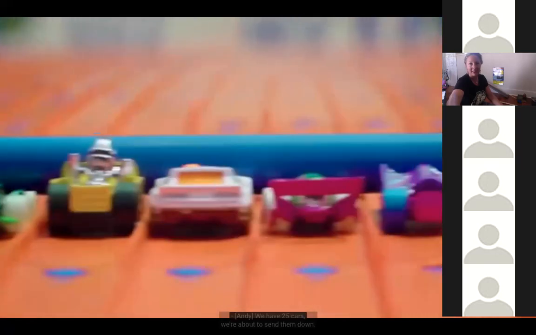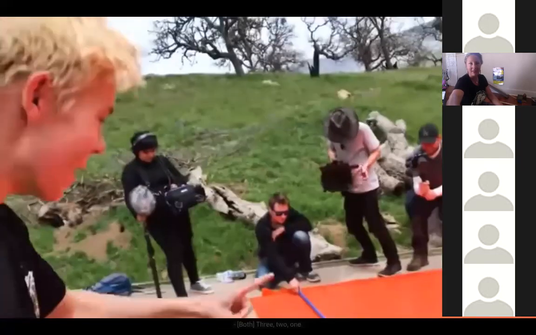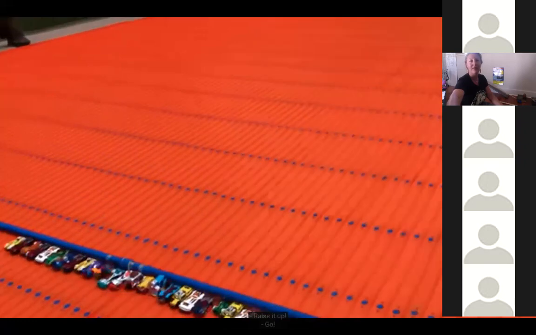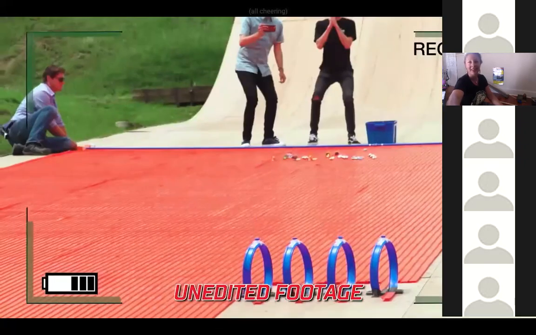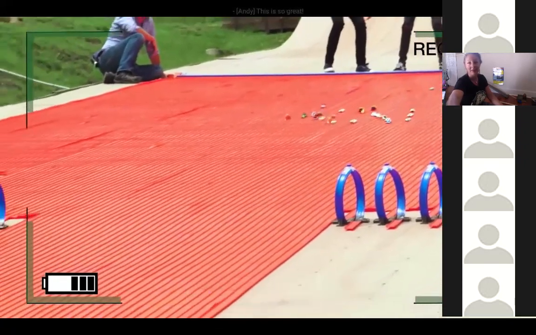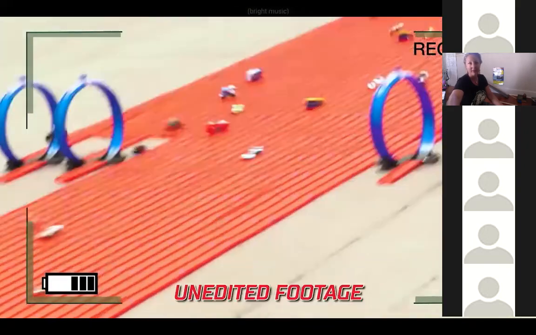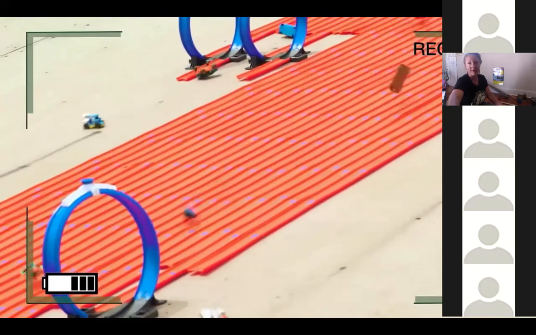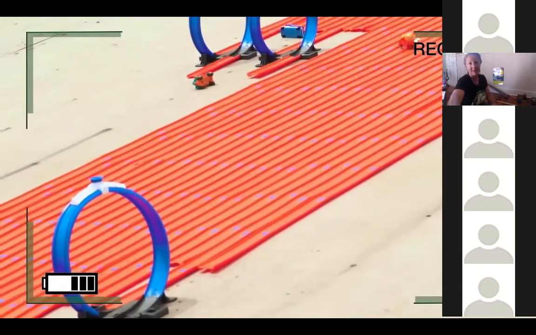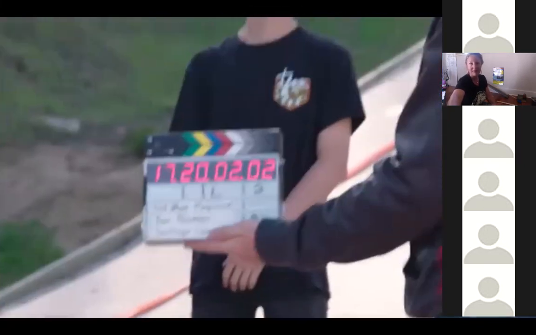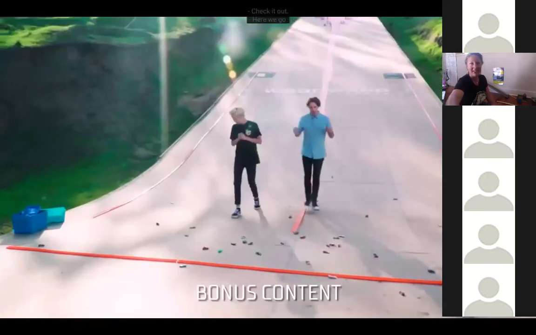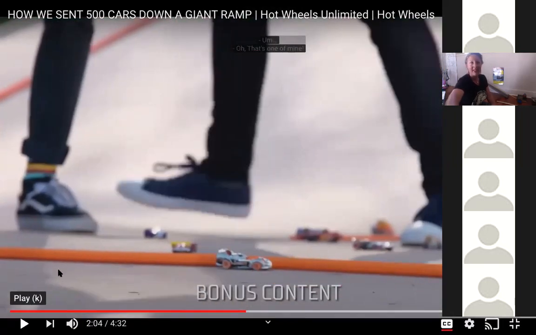25 cars, we're about to send them down. 3, 2, 1. Raise it up, go! All right, let's go down there and see one. Check it out. All right, Here we go. so, oh, that's one of my. so